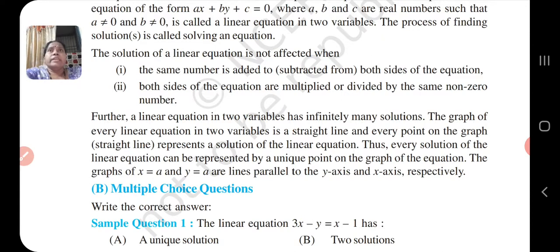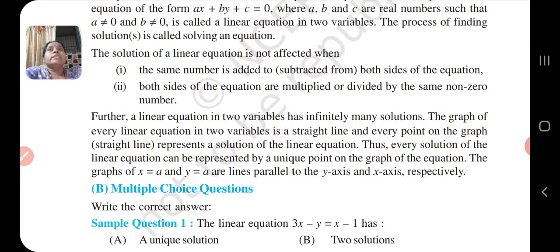When we talk about linear equation in two variables, the general form of this equation is ax plus by plus c is equal to 0, where a, b, c are real numbers and a and b are not both 0, is called a linear equation in two variables. Okay, x and y or any variable. Understand? 5p minus 6q is equal to 11 is also a linear equation in two variables. Root 2u plus 5p is equal to 7 is also a linear equation in two variables, because there are two variables.